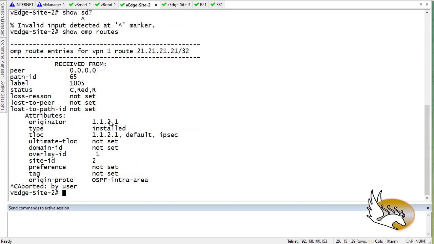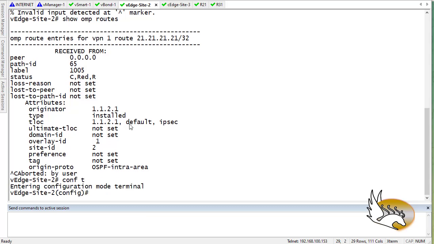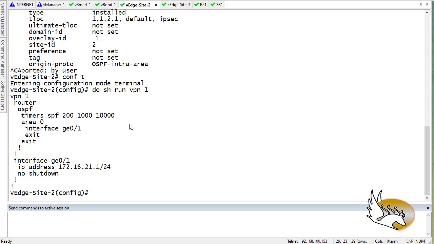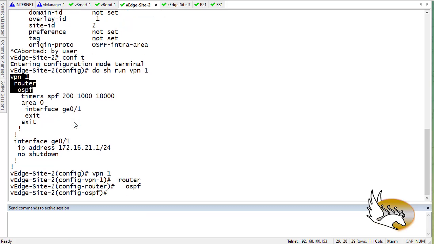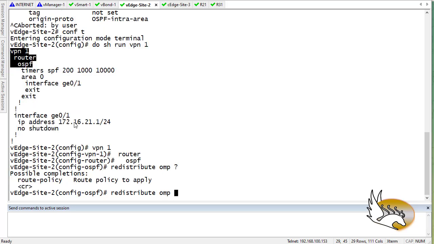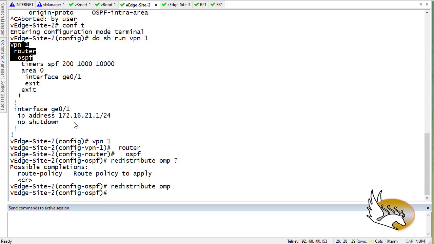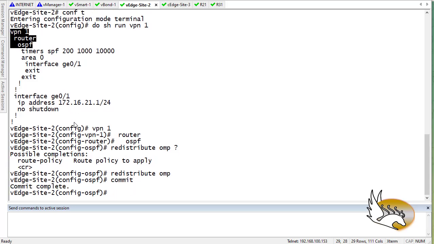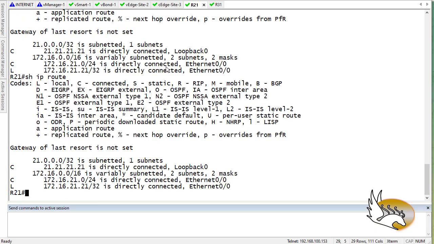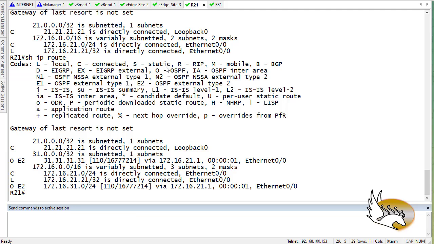So what I need to do is go to configuration mode. If I say do show run VRF, VPN actually 1, you can see that we have OSPF configuration under this. So I'm going to go to VPN 1 router OSPF. Then I'm going to say redistribute OMP, and that's it. Hit enter. I'm going to say commit. Now that I have committed, if I go to R21 and try the routes again,